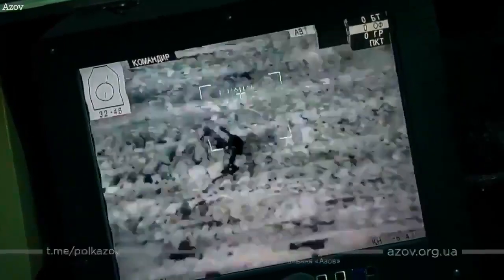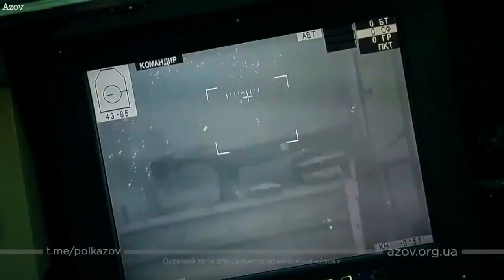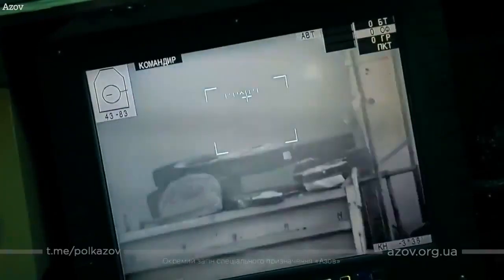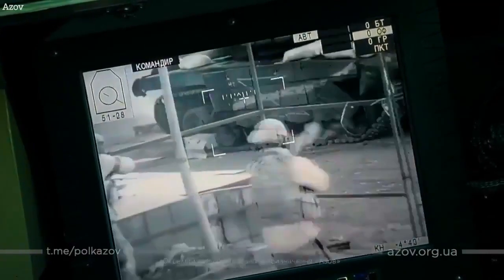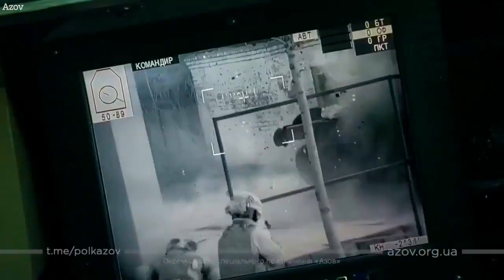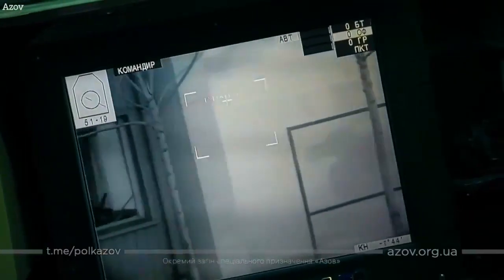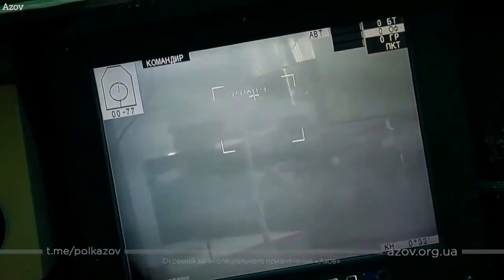Nowhere to hide. Call of Duty style footage shows Ukrainian forces blasting a Russian Z-tank as troops are ambushed in Mariupol. Dramatic Call of Duty style footage shows the moment Ukrainian forces blast a Russian tank. Vladimir Putin's troops can be seen running for cover after the Russian tank with a distinctive Z marking on it is shelled. The shocking video, reportedly from the notorious far-right Azov Regiment in Ukraine, shows an amphibious BTR-4 fire on